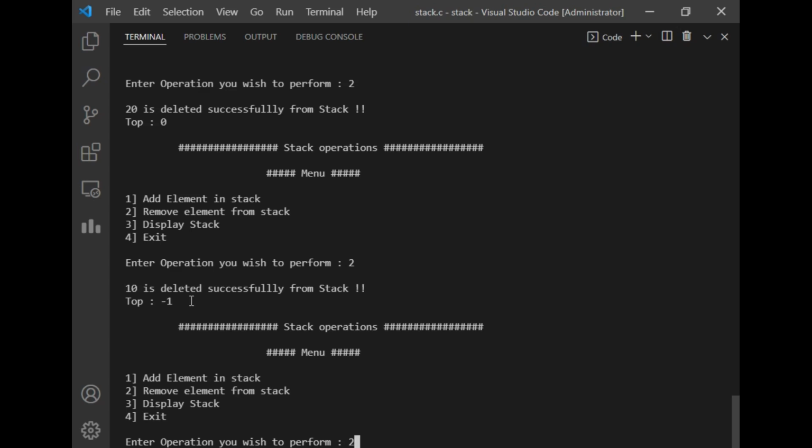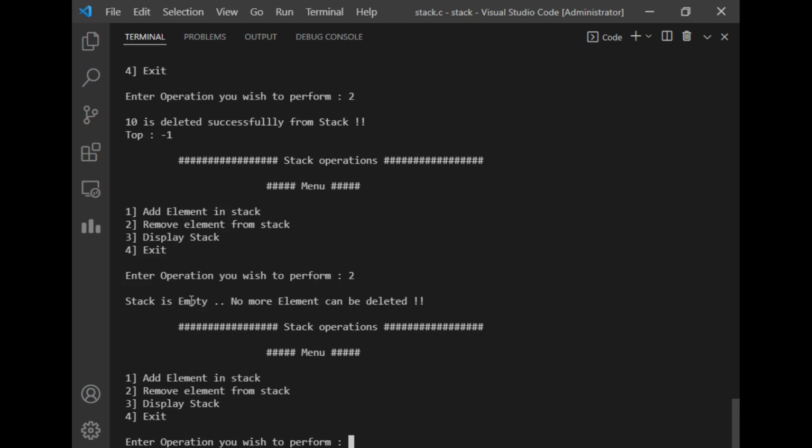So I will just enter 2 once again to verify the same. So it has displayed that the stack is empty, no more elements can be deleted. And last fourth option is remaining, which is exit. So let's try that also. So if I press 4,